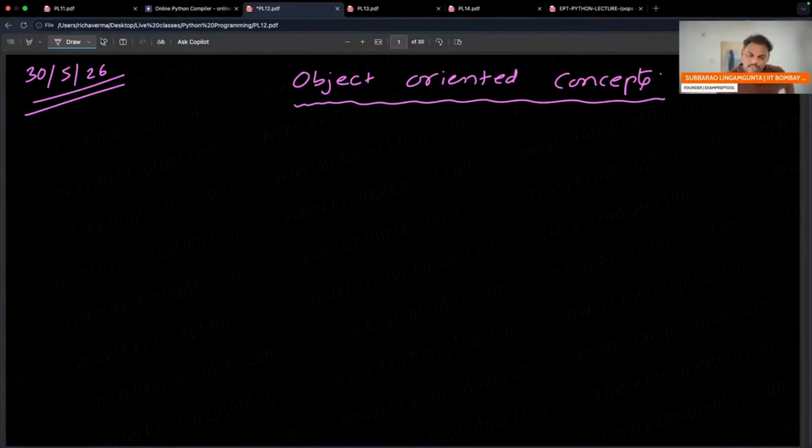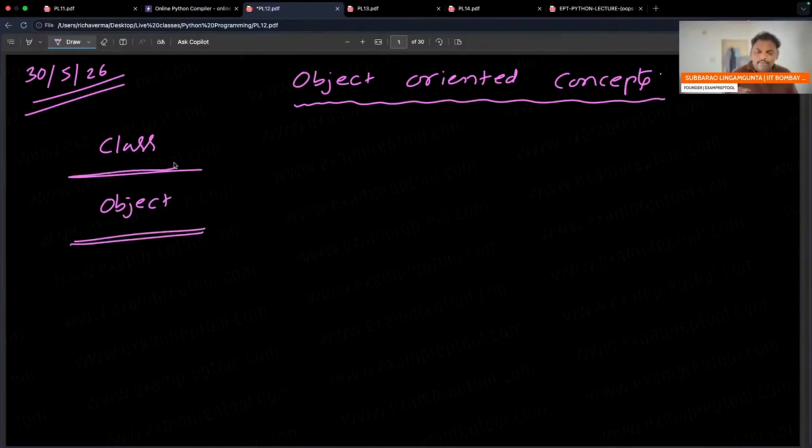Now see one small line. We will use two keywords frequently in this particular topic: class and object. We will use these two keywords again and again. I will give nice examples also. Please be careful. In object-oriented programming, we will use frequently two things, class and